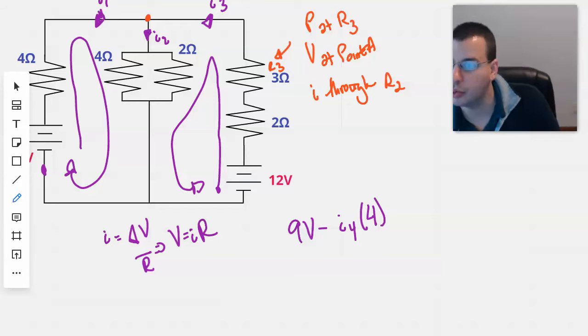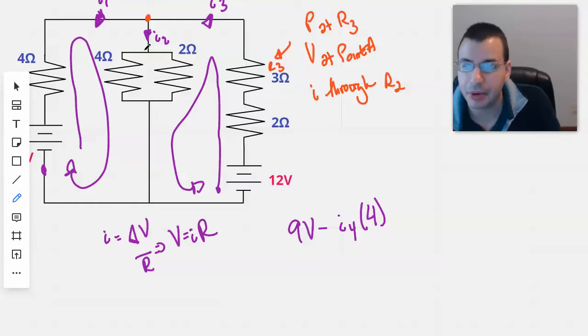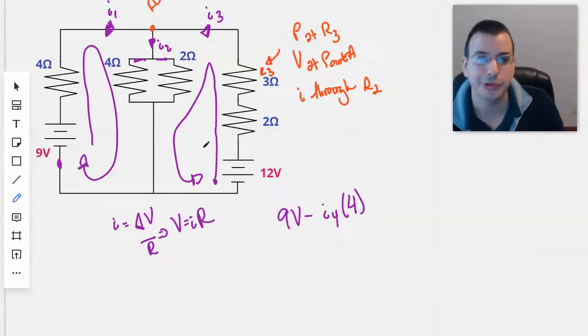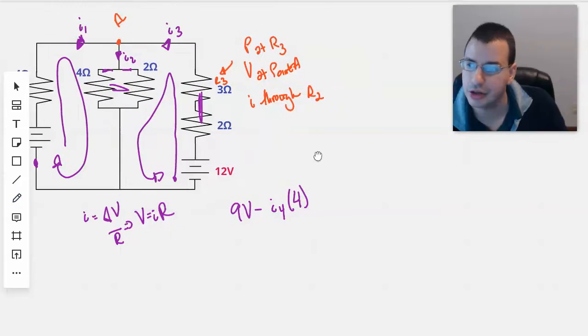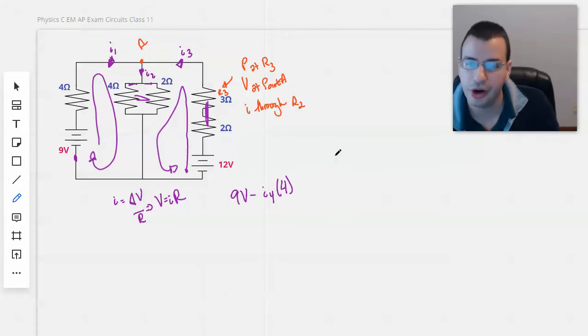We then come around with the loop. Then we get to I2. Now the problem is we're actually going to have multiple I2s here. So some is going to go this way, and some is going to go that way. So what I probably should have done to start with is redraw this and combine these 2 resistors and these 2 resistors. So I'm going to redraw it as